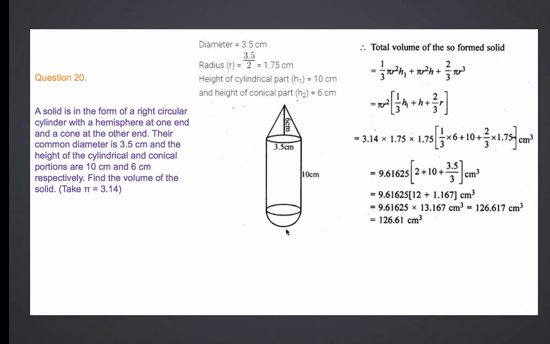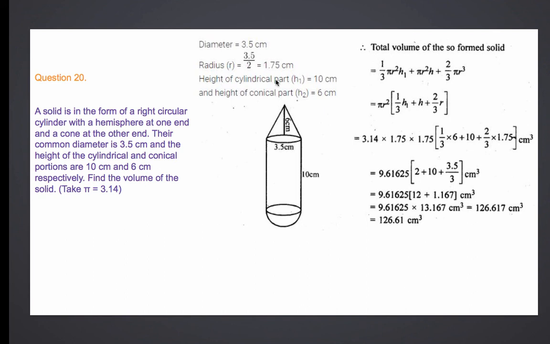Students, can you tell me what will be the height of this hemispherical part? What will be the height of the hemispherical part if I ask you? This portion. Yes? Height of the hemisphere will be what, students? 3.5. Excellent. It will be 3.5 because it will also be the radius. All the radii are same. We know 3.5 is the radius, so height will also be the same. Let's move to the solution then.